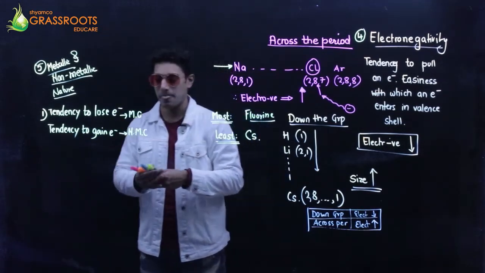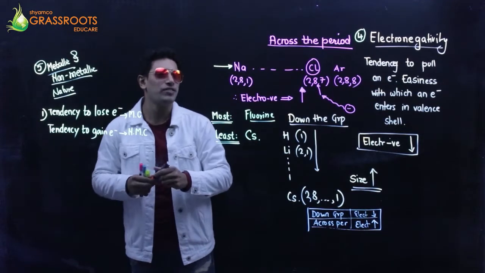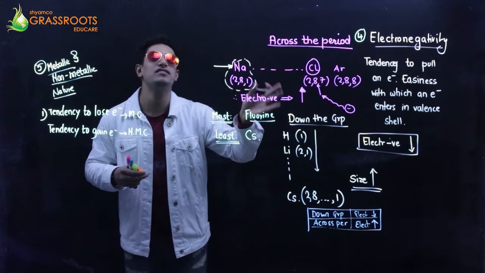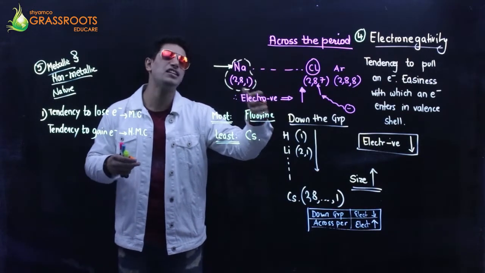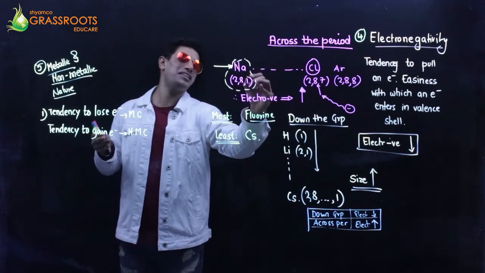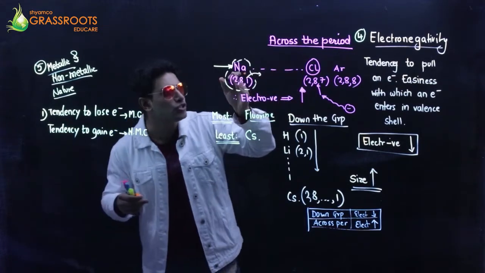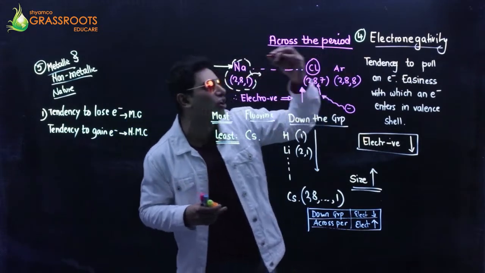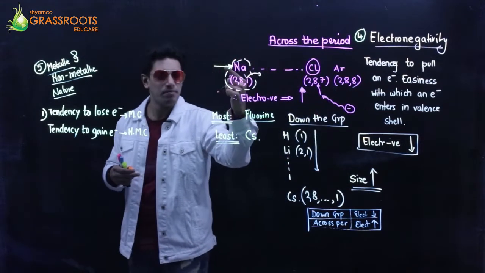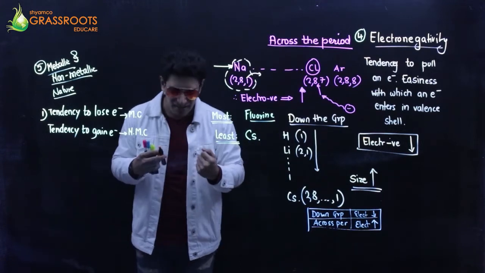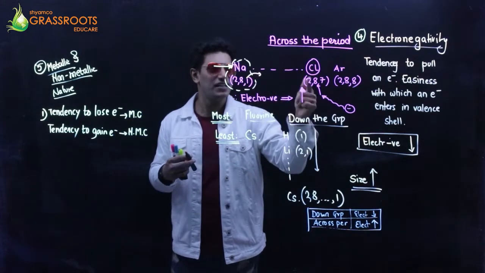Okay, so tell me one thing. Sodium, I think it has the tendency to easily lose electrons. Very smooth. Come on, take my electron and go away. I want to be stable. So I can say the most metallic in this period is sodium. And the most non-metallic, the one who gains the electron fast, is chlorine.